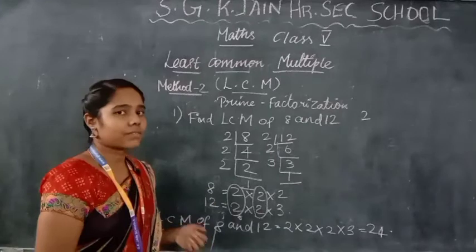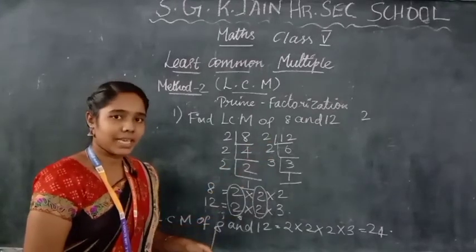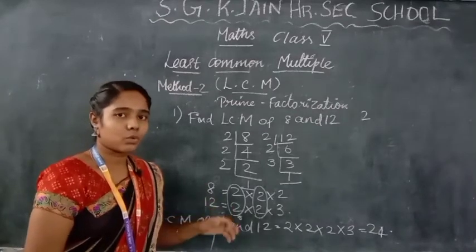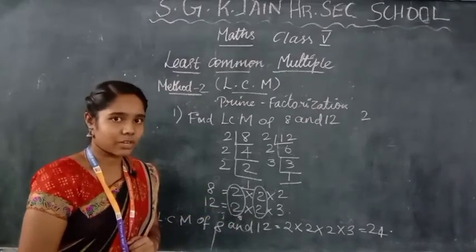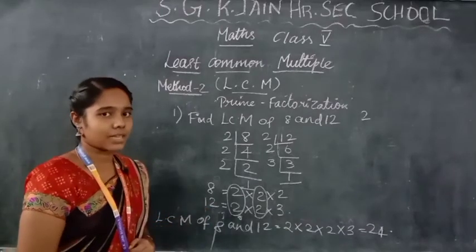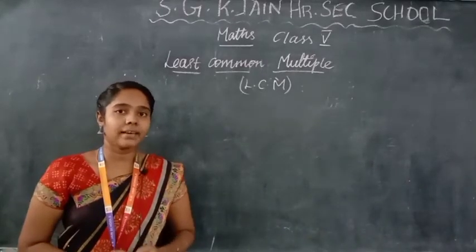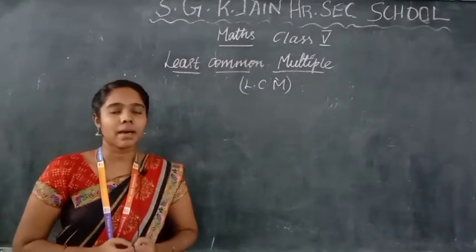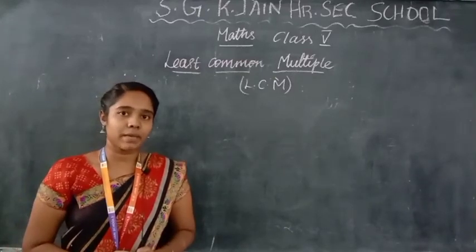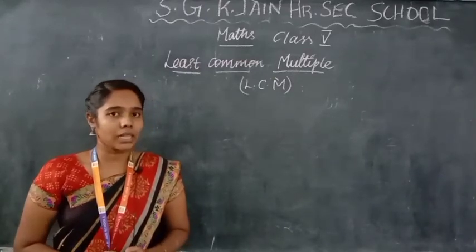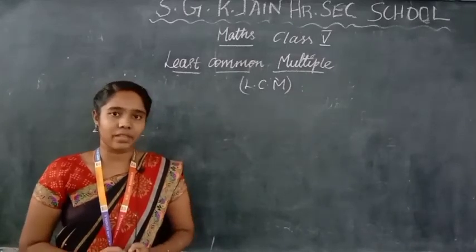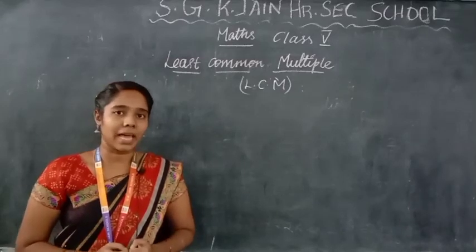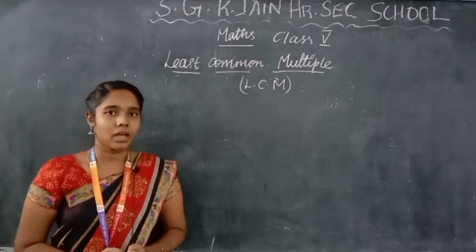Even when we are given 2-digit numbers, it will be very easy to do this prime factorization method rather than writing the multiples of a 2-digit number by counting the numbers. Right, children? Yes? Understood the concept? Yes. Today we learned how to find the least common multiple of two given numbers. We saw 2 methods, out of which the prime factorization method is very easy to do with all the numbers, even 2-digit and 3-digit numbers. Yes. In the next video we will see some life application problems of the LCM. Yes. Thank you.